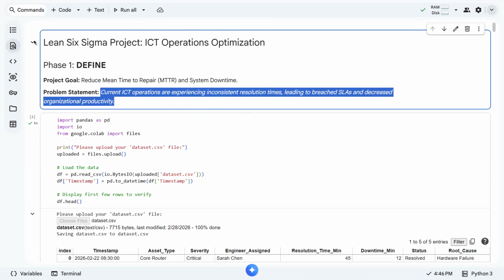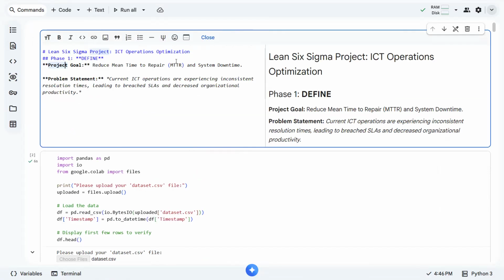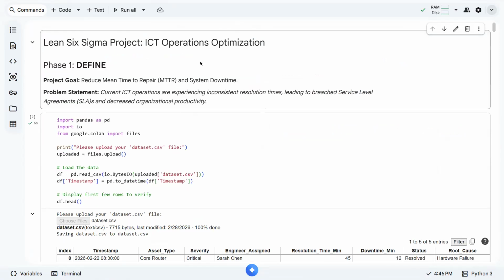Let's try to edit it: service level agreement. It is something agreed between two parties, like the supplier or vendor and the customer. In this case, I believe the target is 60 minutes.